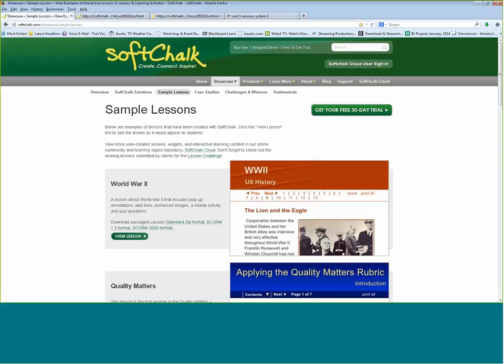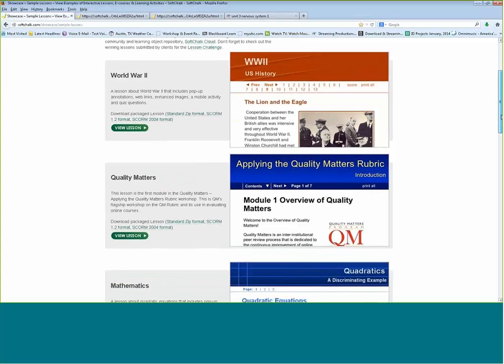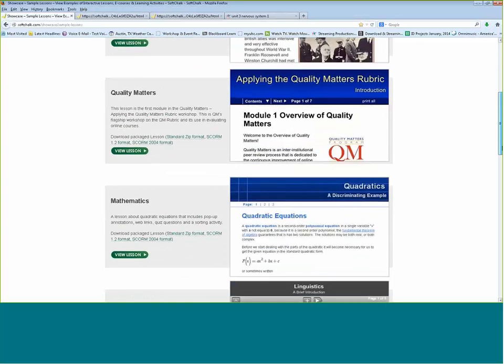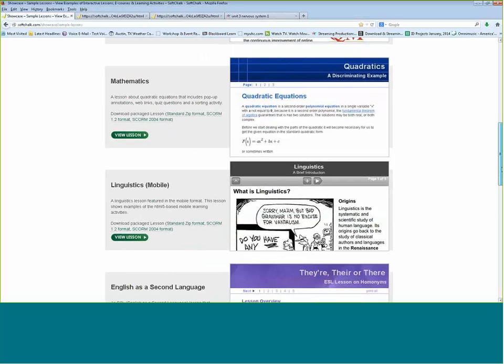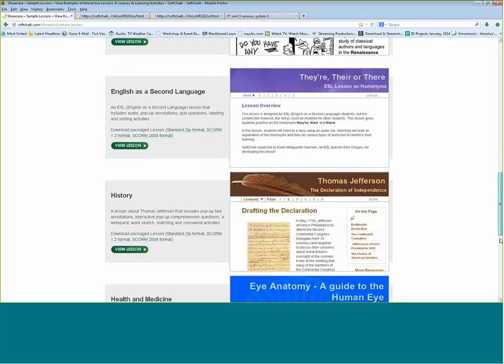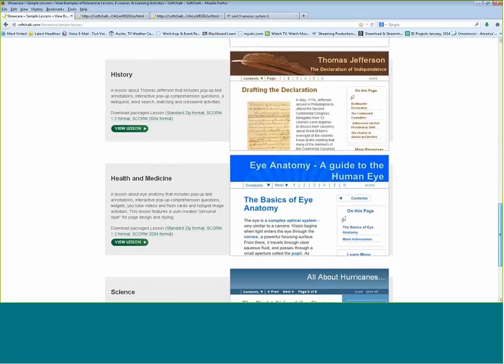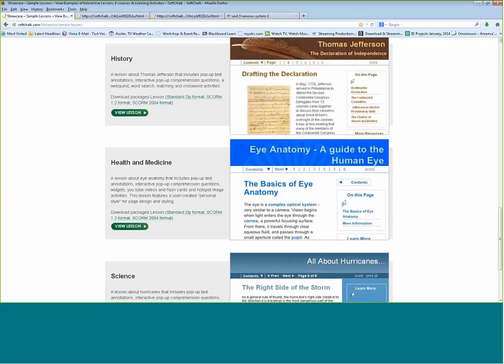All right, so we've got sample lessons, and I wanted us to be aware of the variety here. We have something from World War II, Quality Matters, which is a rubric for evaluating an online course, mathematics, linguistics, English as a second language, history, health and science, and science. So broad areas. Let's then look at a lesson